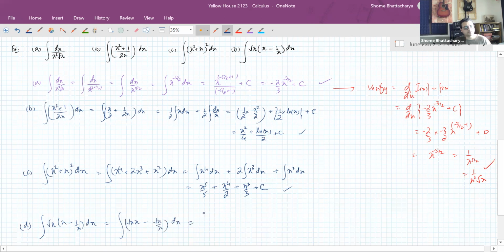To express it as a function which has powers of x only. Then use the distributive property of integration. Then use the formula. So this will become x to the power 5 by 2 upon 5 by 2, so 2 by 5, minus x to the power half plus 1, so that's x to the power half upon half, so that's 1 by 2, so 2